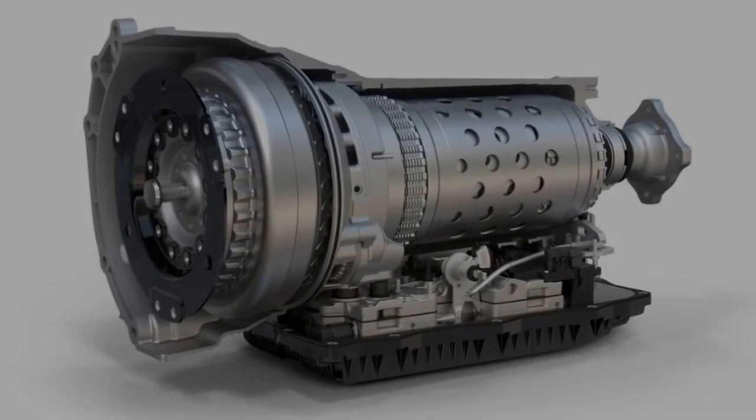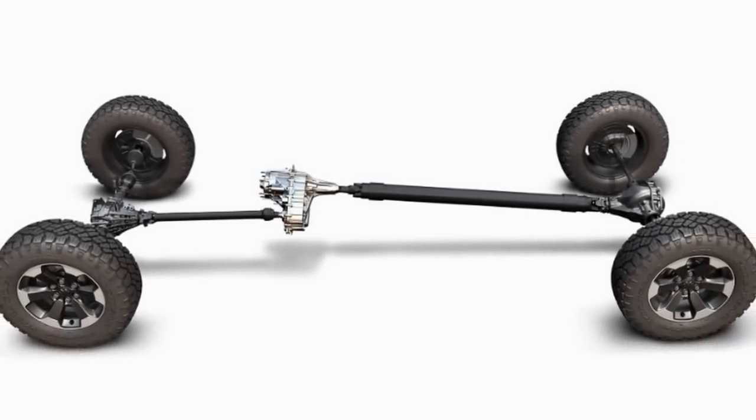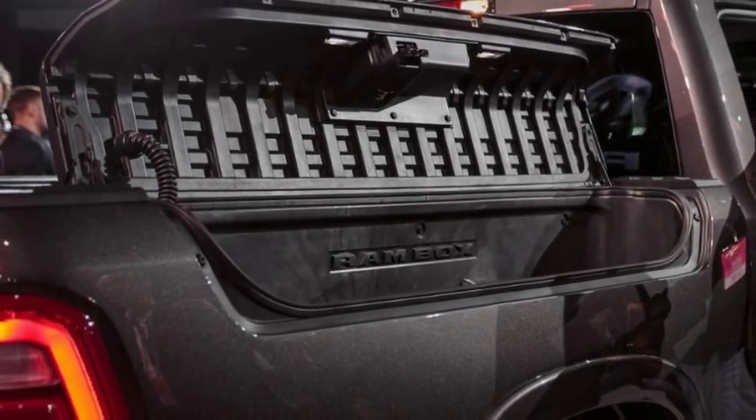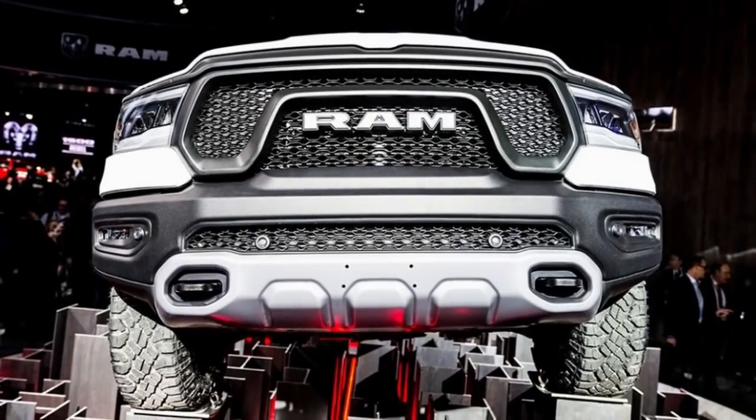The bottom line is that the 2019 Ram 1500 is improved in almost every way. It's lighter, stronger, more spacious, better equipped, more efficient. Now I'm really excited to get behind the wheel and bring you guys a full first drive, but for now, for more on the 2019 Ram 1500 and every other debut at this year's Detroit Auto Show,